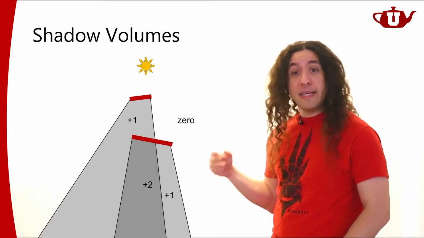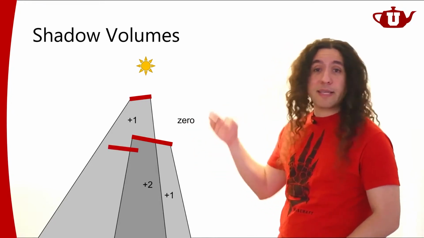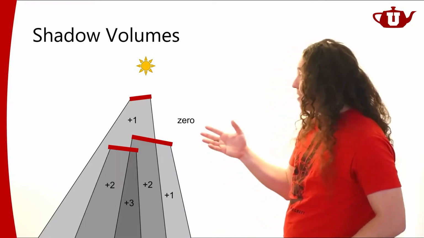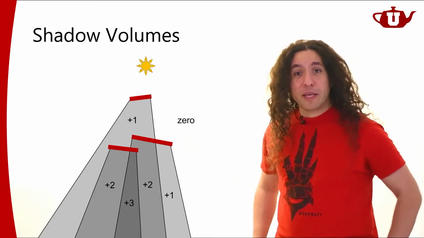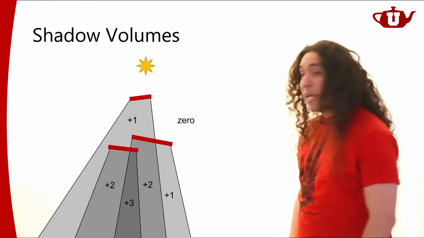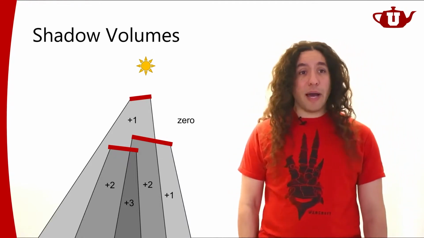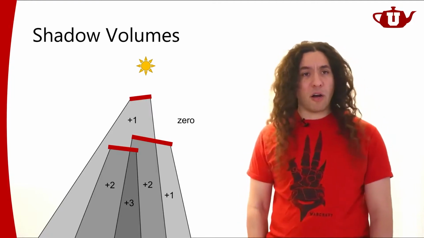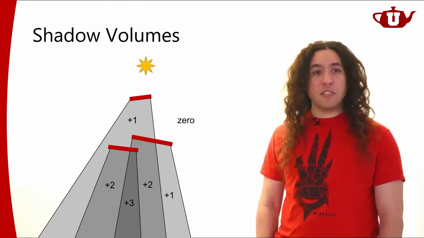And this can happen a lot in a scene, actually. And if I have another object like this, that's going to have its own shadow volume. And now I have even more of an intersection between shadow volumes. So how can I determine if a given point is inside any shadow volume at all? It can be in one shadow volume, it can be in multiple shadow volumes. What I want to know is if it's in any shadow volume.